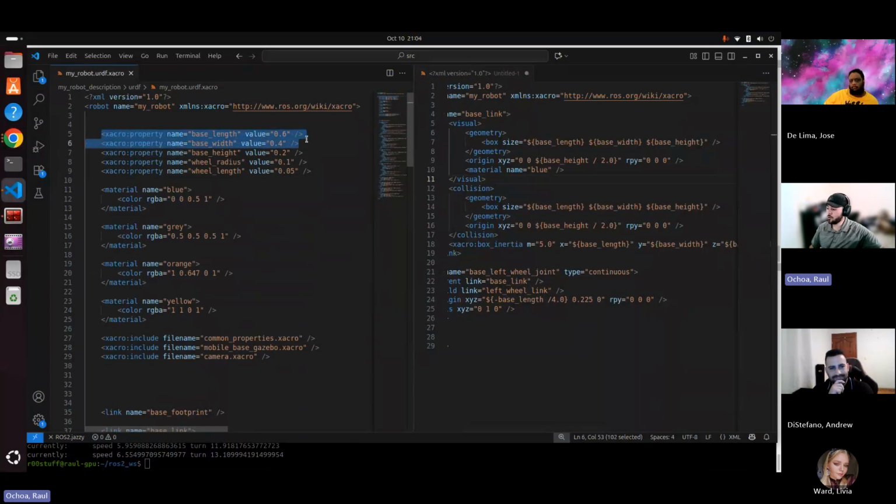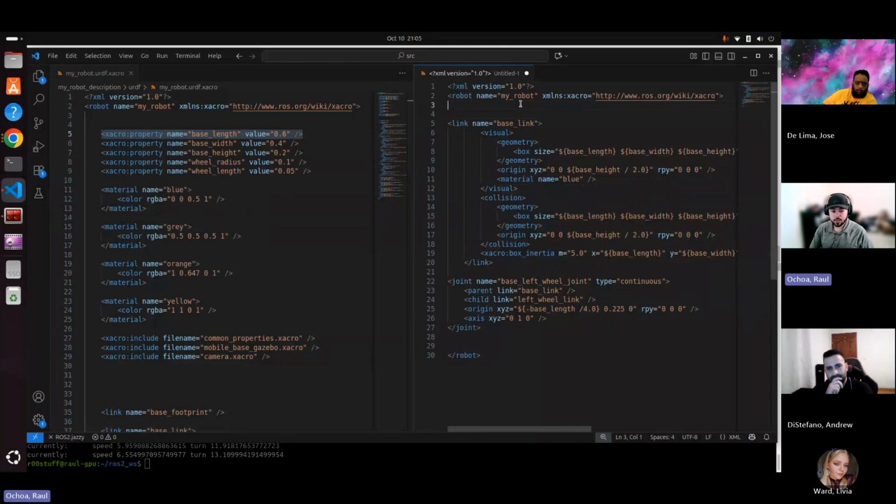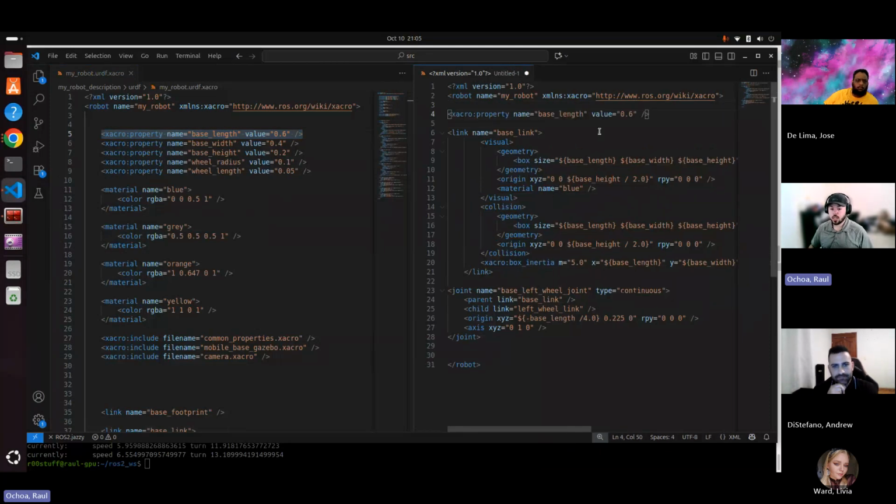We can create variables and things that can be reutilized later, right? So here we're using the base length. As you can see, there's a variable that I created. In this case, they call them properties, but it's the same thing as a variable that's going to contain a value. So if I actually call this at the very beginning, right, inside the robot tag,